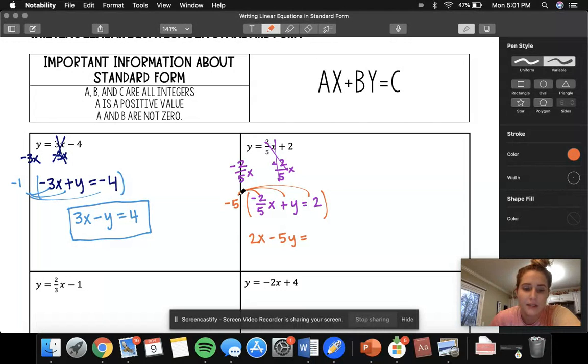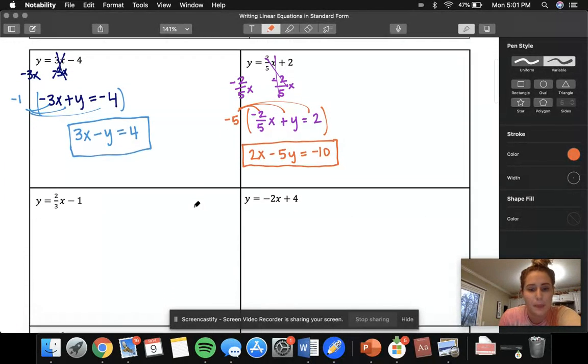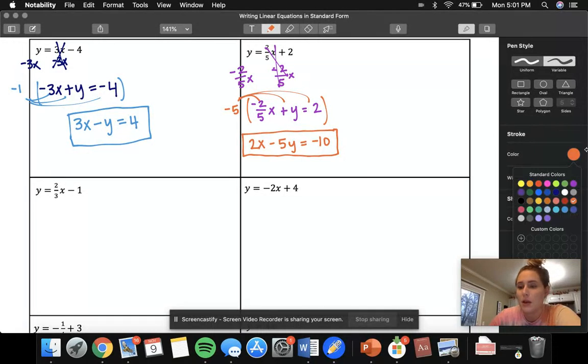And then negative 5 times positive 2 would equal negative 10. Okay, so now all of these are integers. The a value is positive, and we're not dealing with any zeros, so we don't have to worry about that at all. Okay, now with this next problem, y equals 2/3 x minus 1, I'm going to show you guys